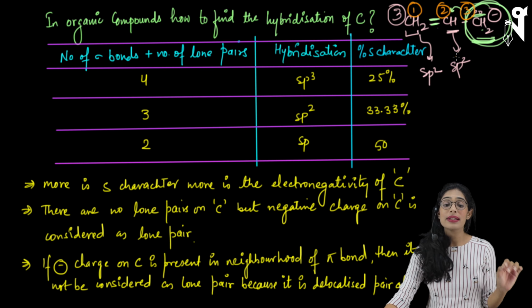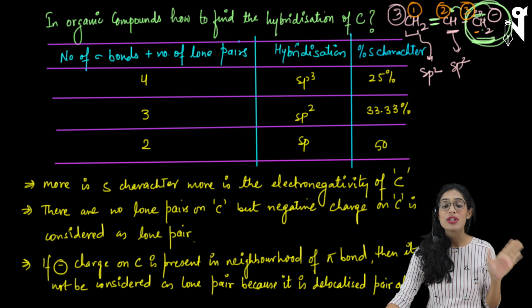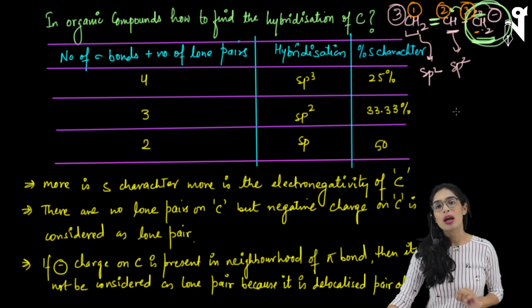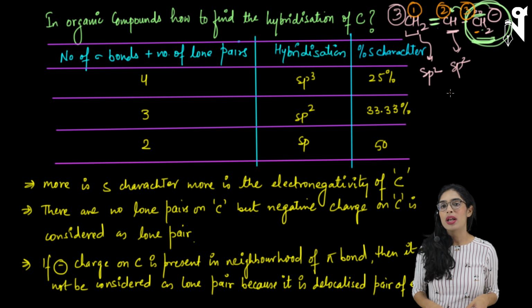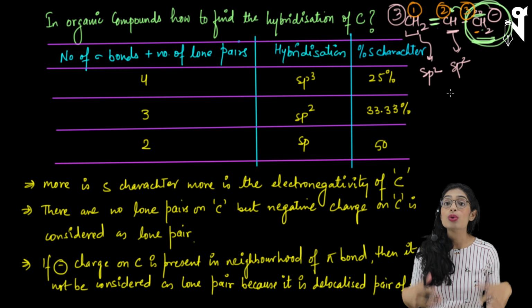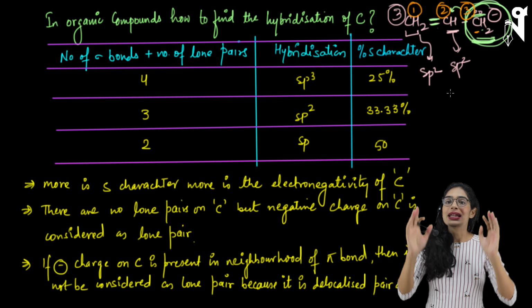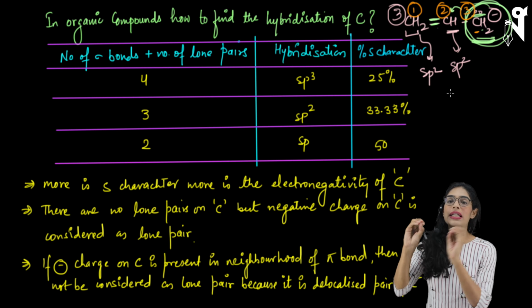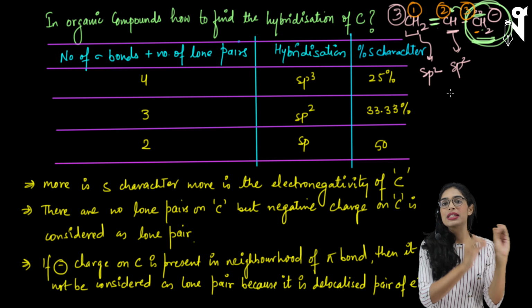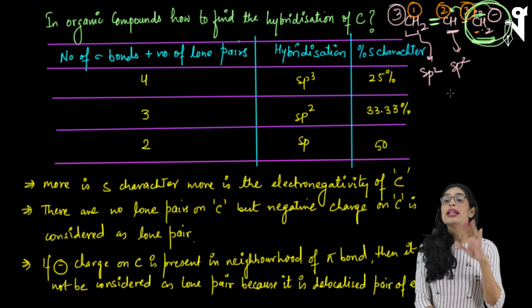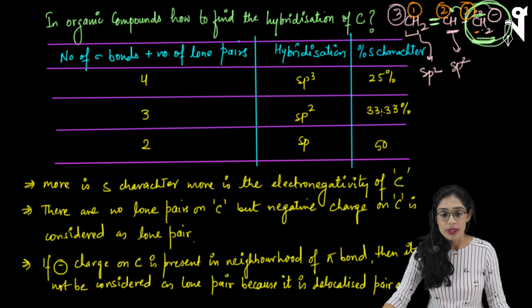So if I say this is my carbon 1, this is my carbon 2, and this is my carbon 3. Let's say this pair of electrons which carbon 3 was carrying travels and goes to some other carbon after some time, due to a phenomenon which you have not learned. You don't know right now why it will travel from that carbon to some other carbon, so we are not getting into that. We will get a chance to understand that phenomenon, which is called resonance.